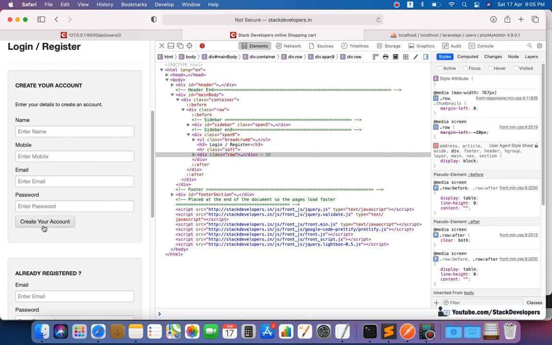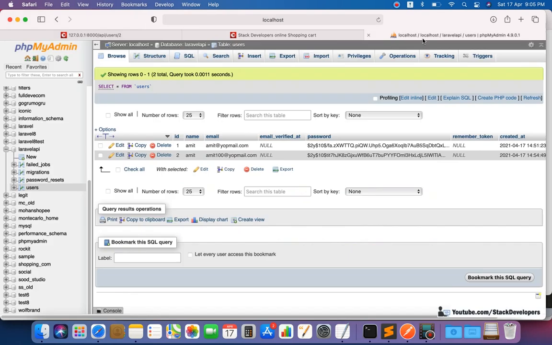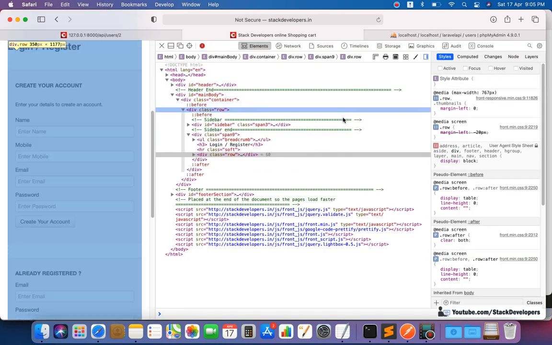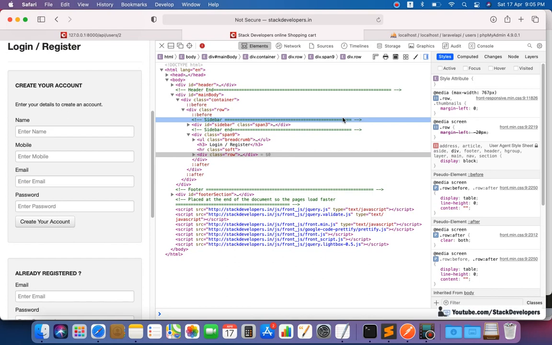Whenever the user submits data, it will be saved in the database, but it can't be saved directly. We require the Laravel Post API to save the data. Every time we get data from a third party or from the Android app to save in the database, the Post API will help us do that task.